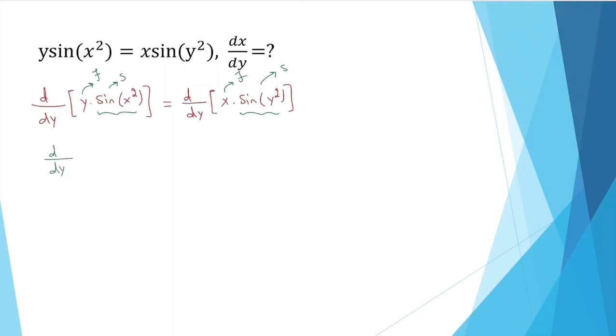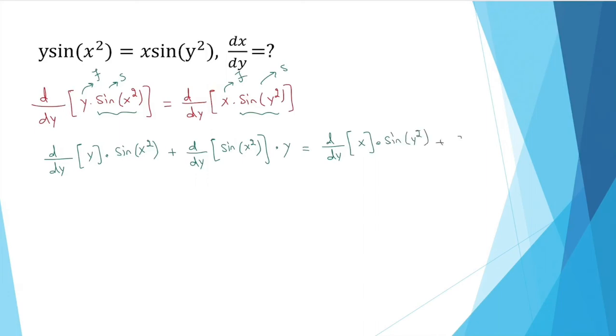According to the product rule of differentiation, it's going to be equal to the derivative of the first times the second plus the derivative of the second, sine of x squared in this case, times the first, equal to, same way because we have another product, so the derivative of the first times the second plus the derivative of the second